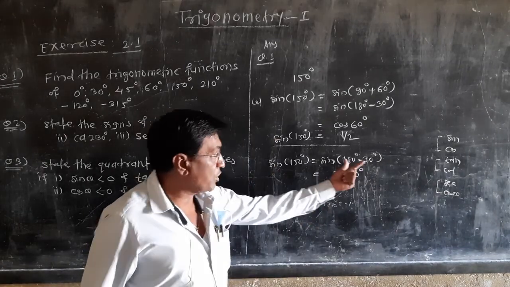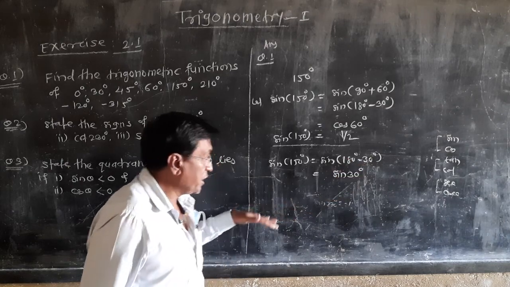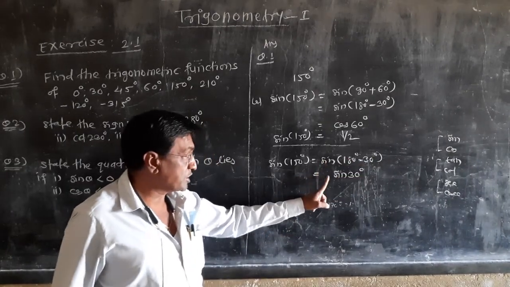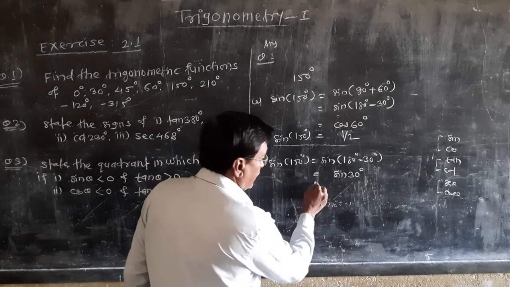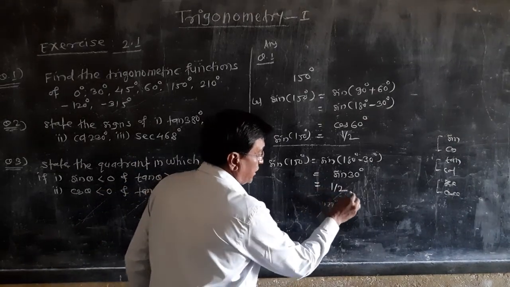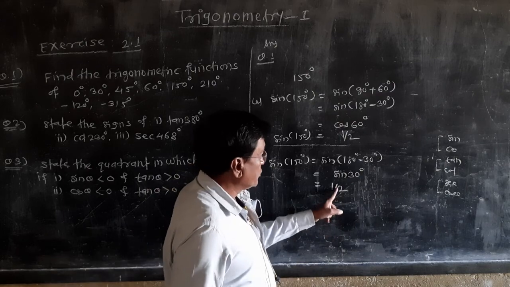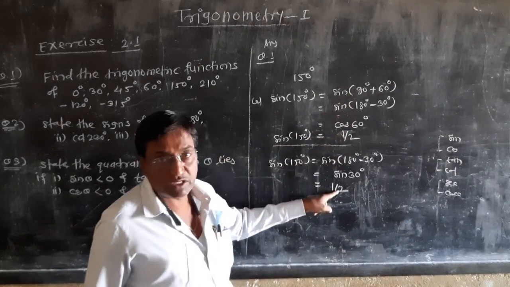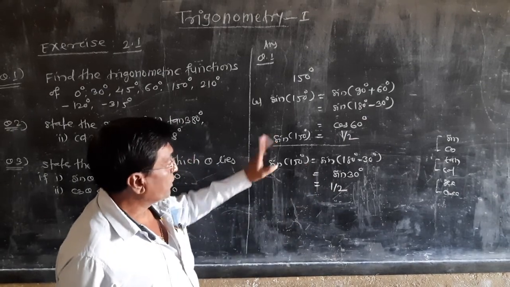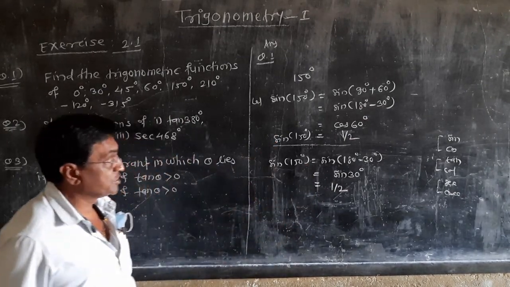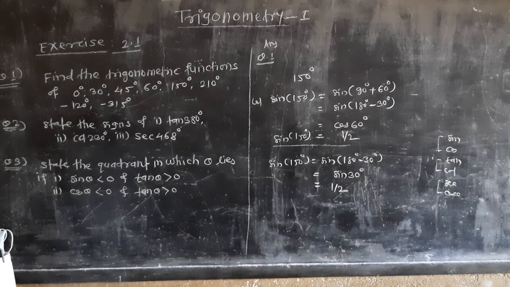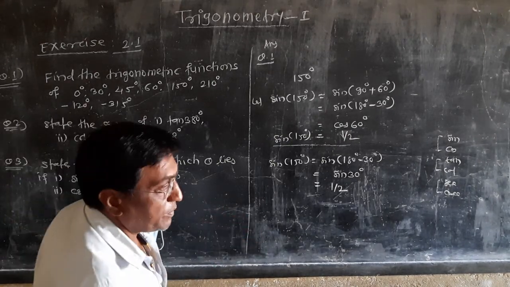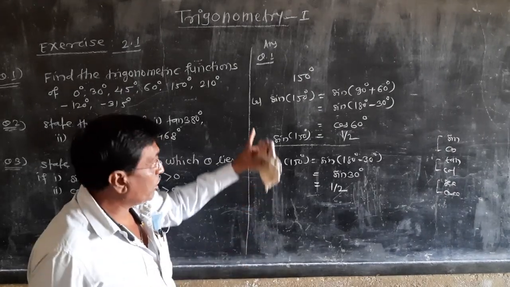Now decide which quadrant this is. This is 180 minus, so it is the second quadrant, and in the second quadrant the sine ratio is positive, that's why it is a plus sign. So it is directly sine 30. You know the value of sine 30: sine 30 is equal to 1 half. So whichever way you calculate, you get the same answer, that is 1 half. Hence the sine of 150 degrees is equal to 1 half. Similarly, you can calculate cos of 150 degrees, tan of 150 degrees, cot of 150 degrees. In this way, you calculate all the measures.